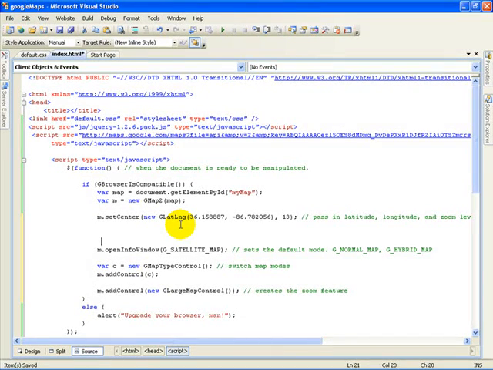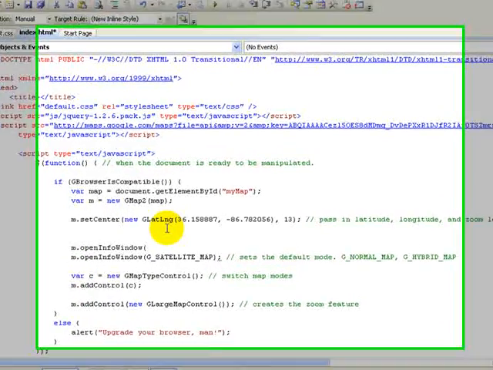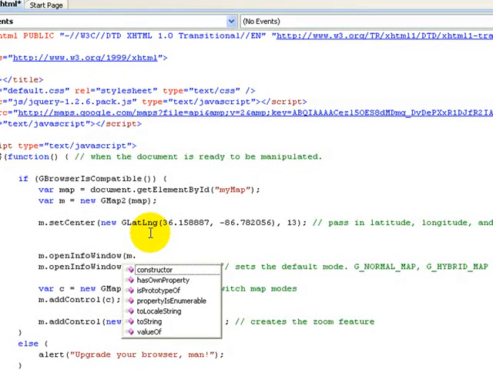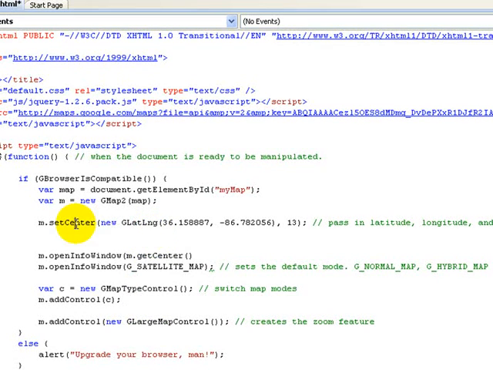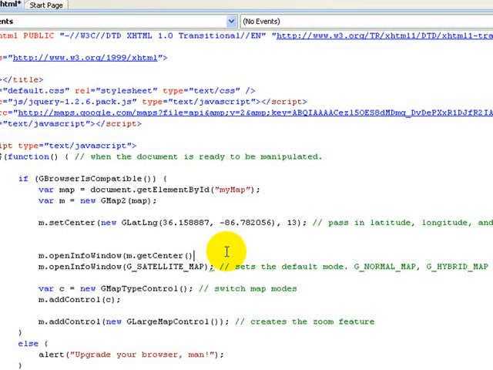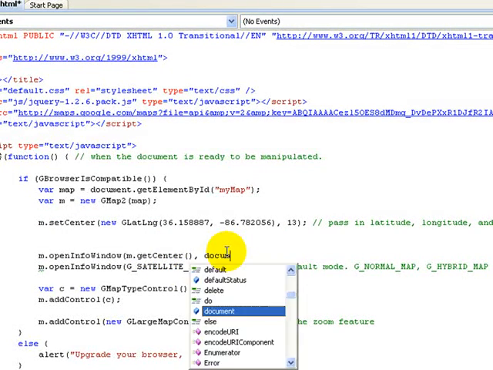Let's go back and take care of that talk bubble that I was talking about. And the way we're going to do that is m.openInfoWindow. The openInfoWindow property is that little talk bubble that I was talking about. And in here, we're going to pass in the location, and that's going to be m, the map that we created a variable for, and it's going to be getCenter. So it's going to get that center point that we set right here. So up here, we set center at those values. Now here, we're going to get those values. So m.getCenter, and then comma,